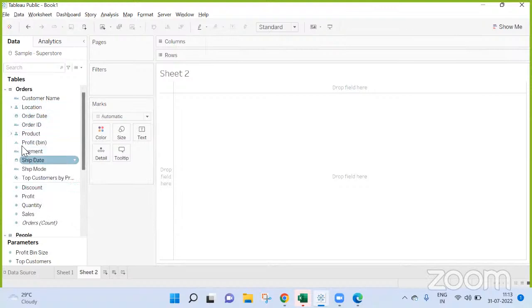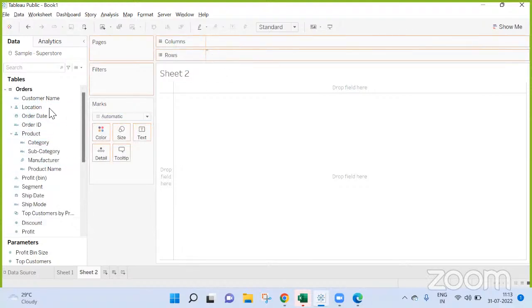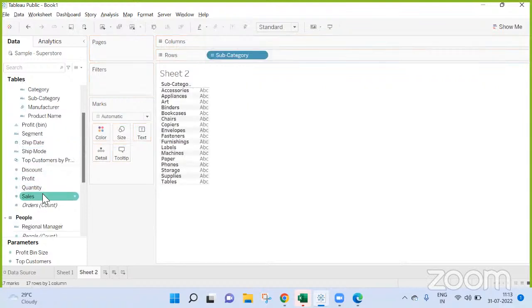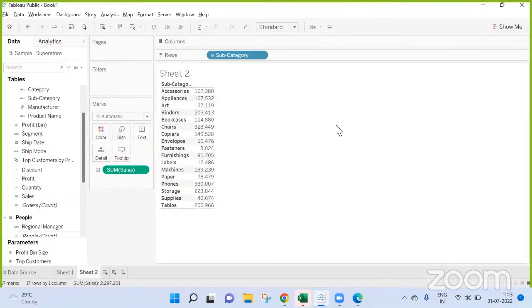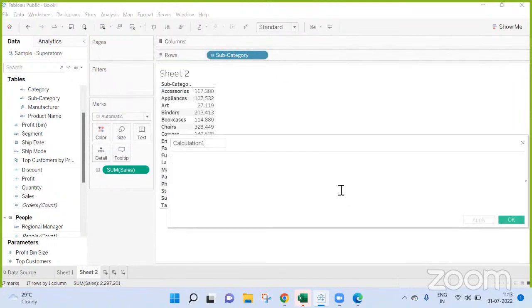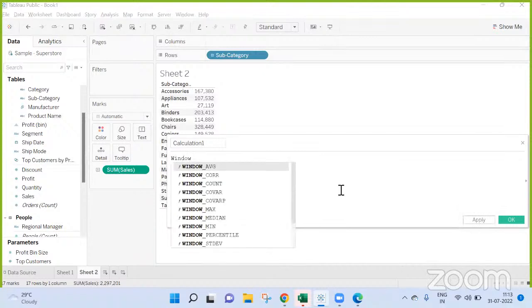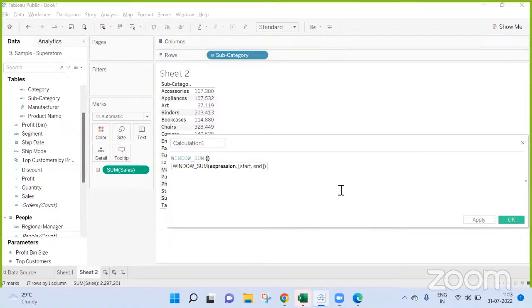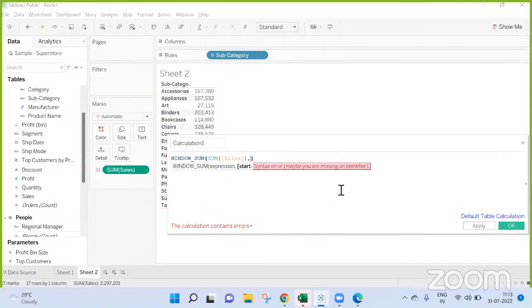Let me bring subtitle and let me bring six. So, what is the formula that you used? Window_sum of sum of sales. Start is first, and end is last.